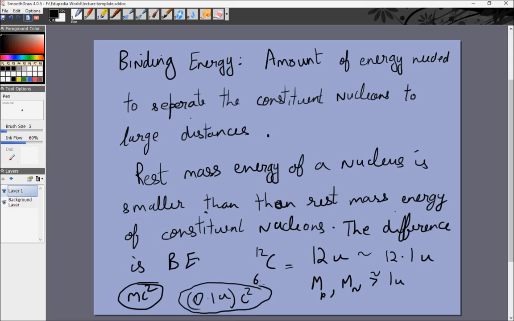If you take mass to be equivalent to energy, then the greater mass means greater energy, smaller mass means smaller energy. We know that every particle wants to get into its lowest energy state. So when you bring 6 protons and 6 neutrons from infinity close together, the total energy of the system decreases. That's because the 6 protons and 6 neutrons together in a carbon nucleus are more stable than 6 individual protons and neutrons, and the energy released when they combine to form the nucleus is equal to 0.1 U times c